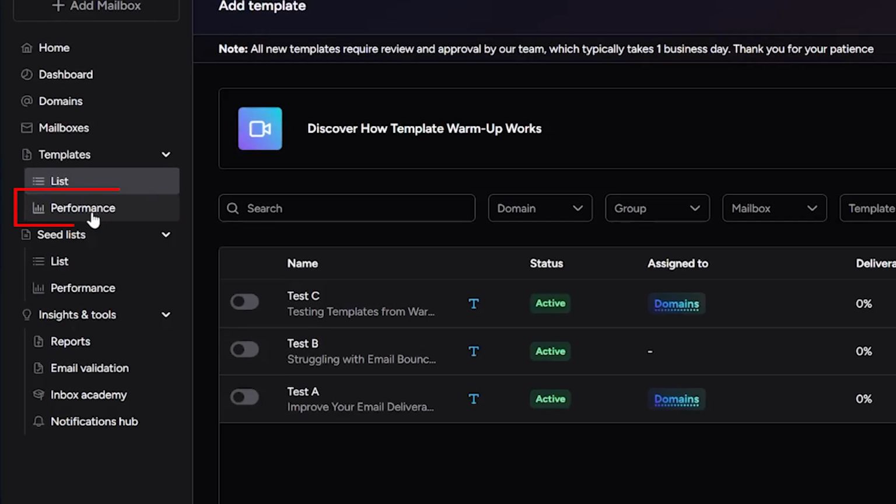Welcome to the Templates Performance Dashboard. This section helps to understand how your email templates behave during the warm-up process. Since Warmy uses your real templates to simulate engagement signals, this page allows you to monitor how those templates perform